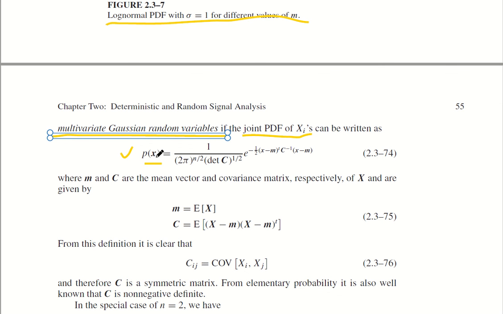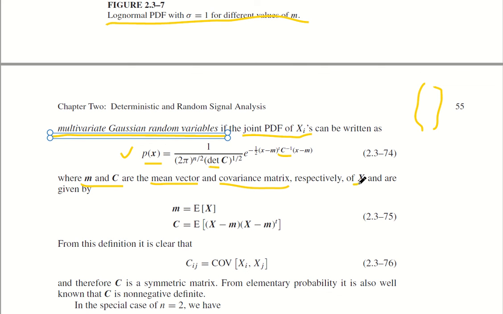We look at x, thinking about a column vector. Then it's 1 over (2 pi) to the n divided by 2 and the determinant of the covariance matrix C to the power 1 over 2, and exponent of minus 1 over 2 (x minus m) transpose C inverse (x minus m), where m and C are the mean vector and covariance